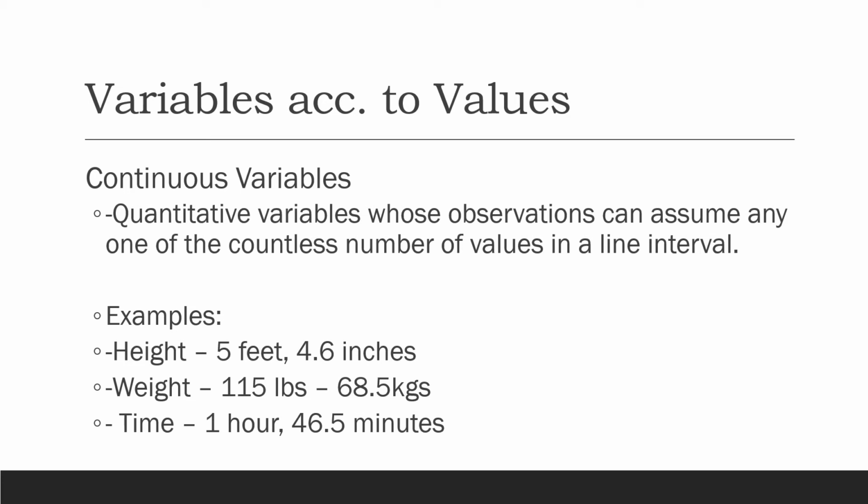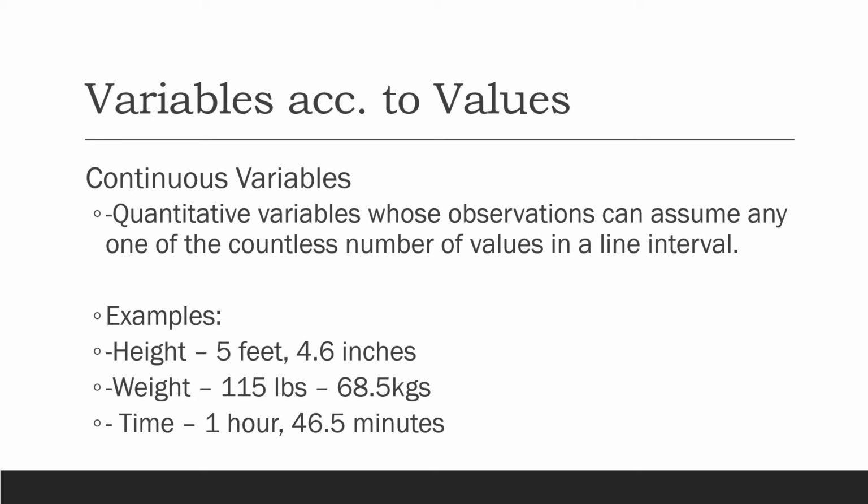The quantitative variables whose observation can assume any one of the countless numbers of values in a line interval. Ibig sabihin po, ito po yung mga may decimal, may kalahati. For example, now you have your height, mayroon tayong 5 feet, may ibang mayroong mga 5.5 feet, we have your 4.6 inches, yan. The weight rather, we have your 68 kilograms, 68.5, yan. And the time, meron tayong half hour, we have 1 minute and 30 seconds. So, pwede po natin siyang, or 1 minute 0.5, 1.5 minutes, o 46.5 minutes, yan po ang